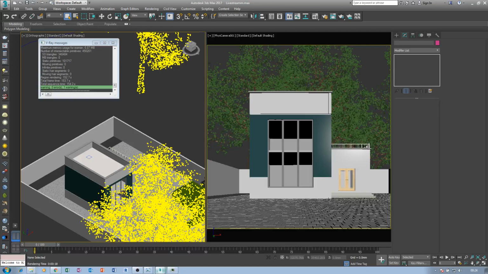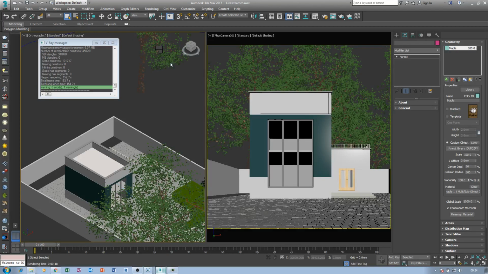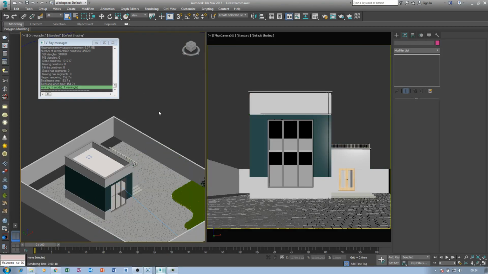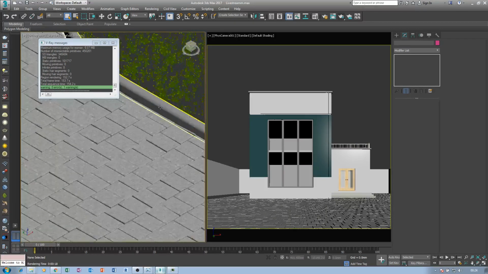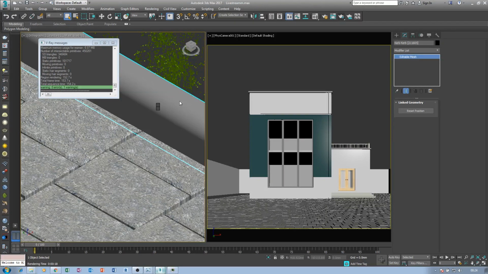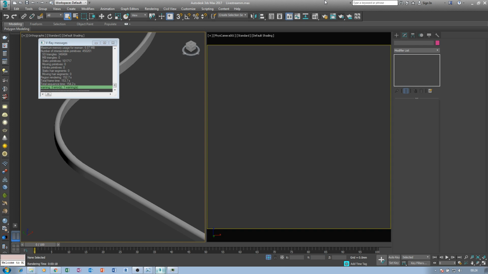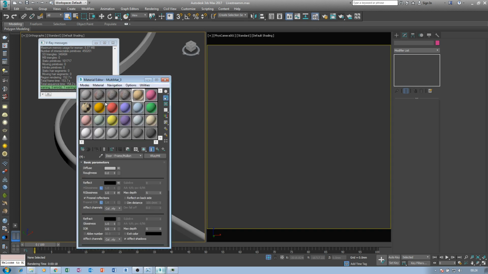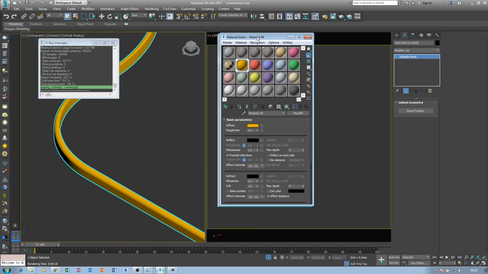For this, I can hide them for now. Hide the selection. I'll come back to it later. For the curb, isolate and just pick this, apply,